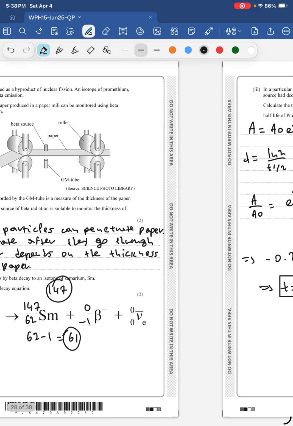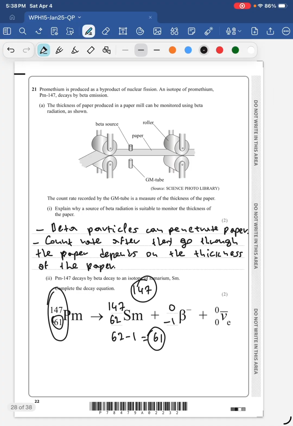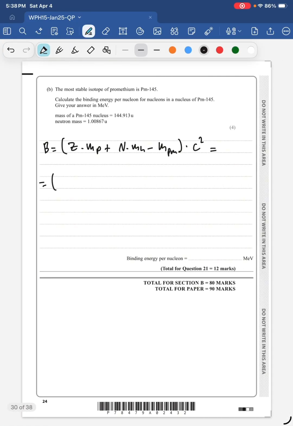How do we know? From here, right? So 61 times the mass of the proton, which is 1.67 times 10 to the negative 27 kilograms, plus N, since it's promethium 145, we need 84, because 84 plus 61 is 145. So 84 times